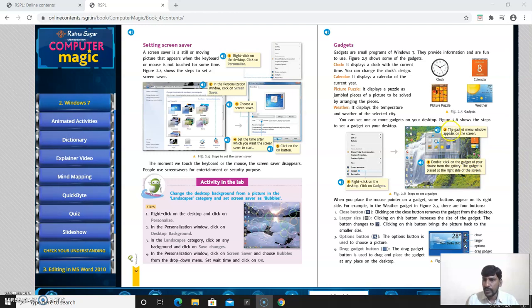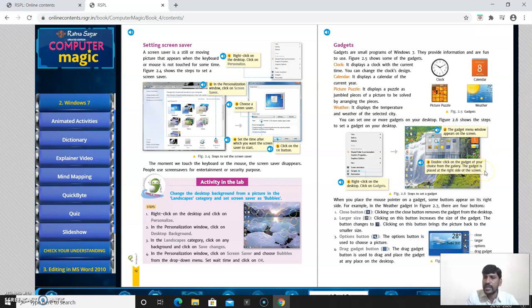In step 2, the gadget menu window appears on the screen. Whatever gadgets are inside the system will appear on your screen. Then what is the third step? Double click on the gadget of your choice from the gallery. The gadget is placed at the right side of the screen.